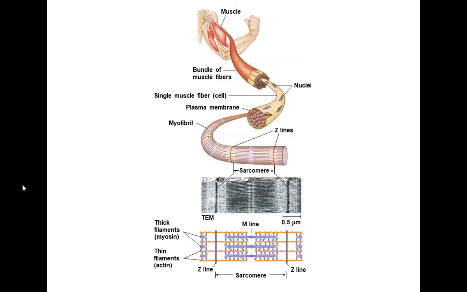So there's your muscle, there's your bundle of muscle fibers. You can see the individual muscle fiber cell, and then the myofibrils that are making that up. And you can see the overlap between the red and the blue. And then if we keep looking a little bit closer, you can see the M line is where your myosin, your thick filaments, are lined up, while the actins are attached at the Z lines, and they are pointing towards